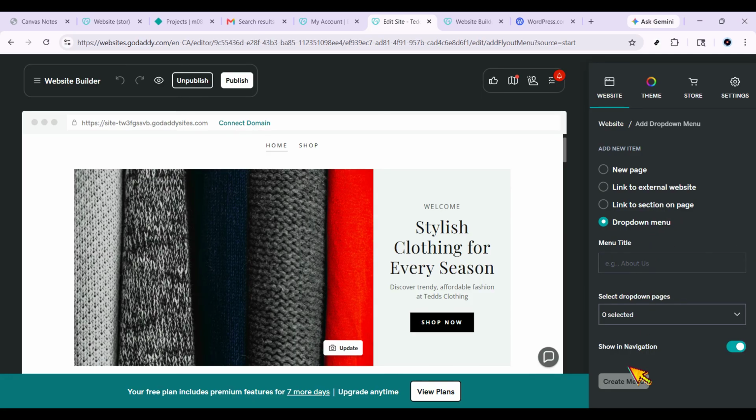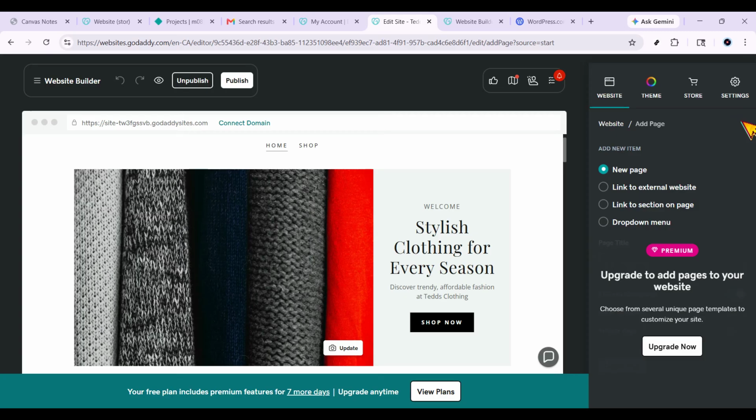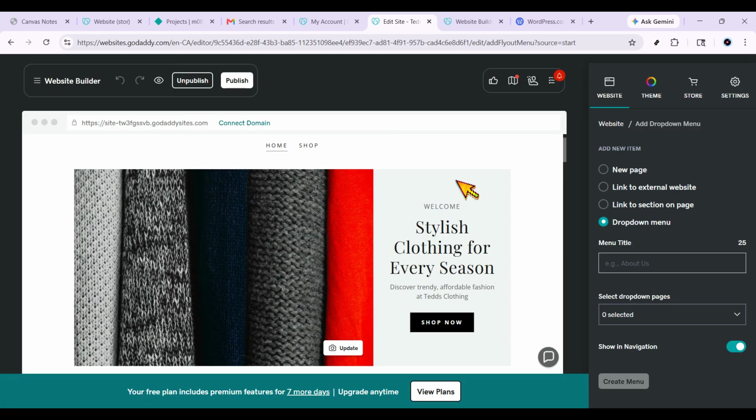Now let's talk about adding items to the menu. To expand your navigation, click the plus icon at the top right of the navigation panel. This is the Add Item or Add Page button, and it gives you several different options. GoDaddy lets you add 4 main types of items here. You can add a new page, link to an external website, link to a section on your site, or create